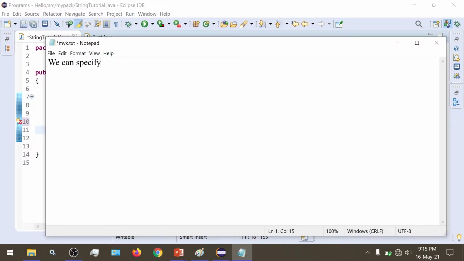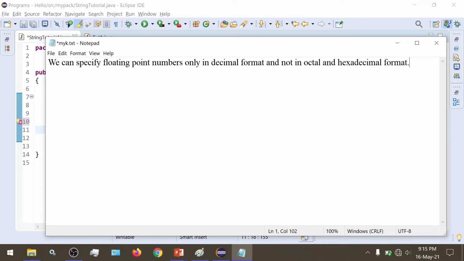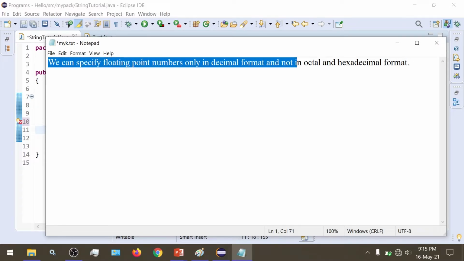We can specify floating point numbers only in decimal format and not in octal or hexadecimal format.